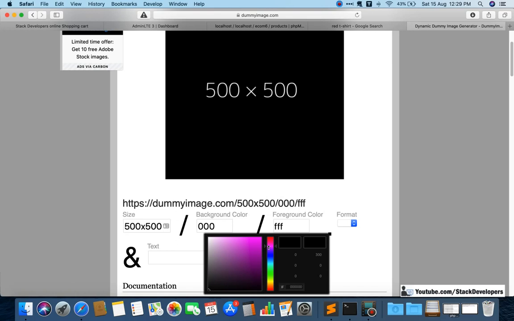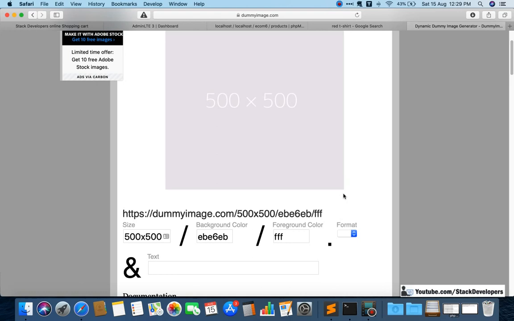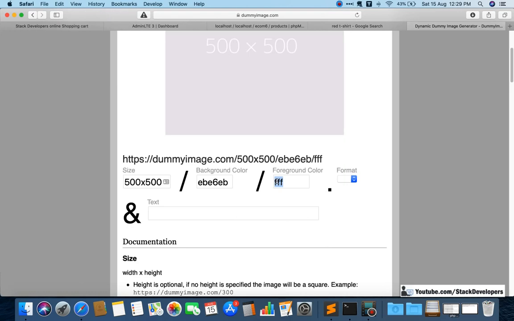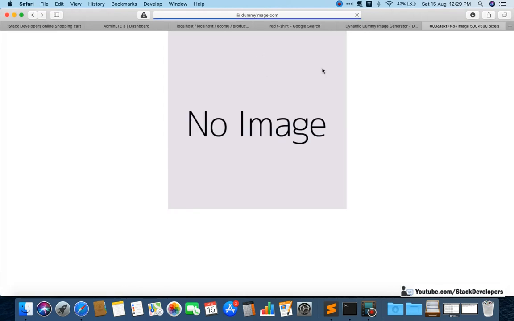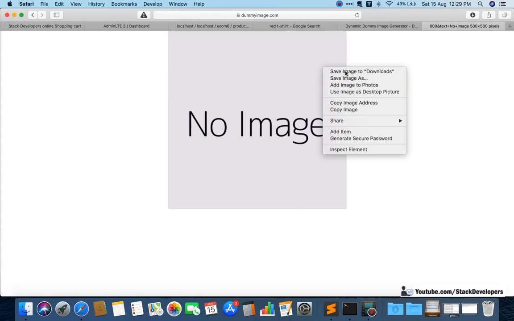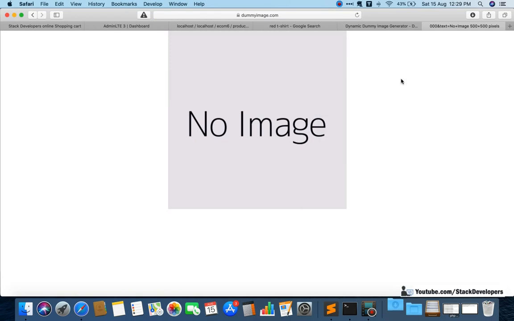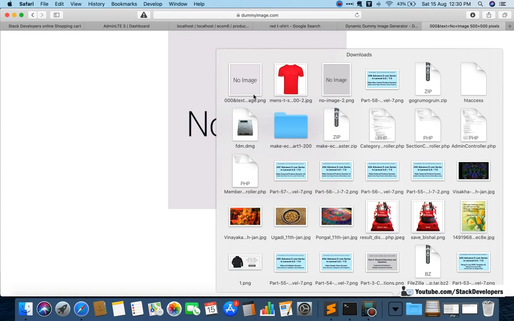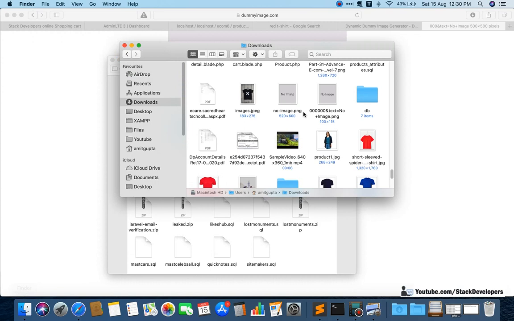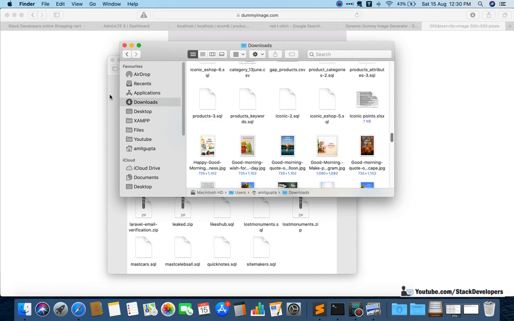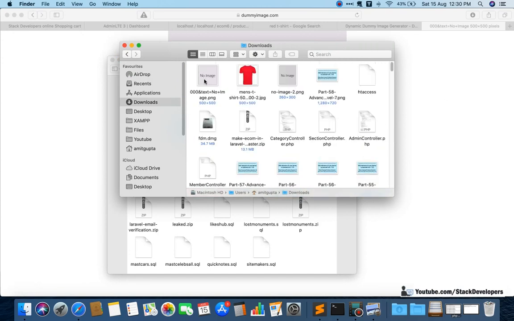Okay, and the background color must be light, and here, okay, we can write no image. Fine, so this one we can save, and this one is fine. We can keep this newly downloaded no image in